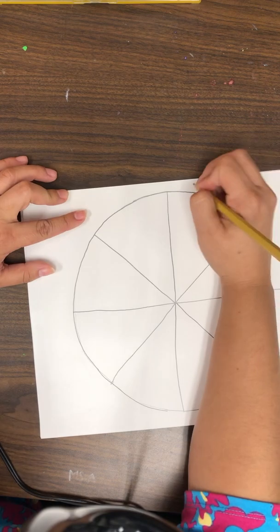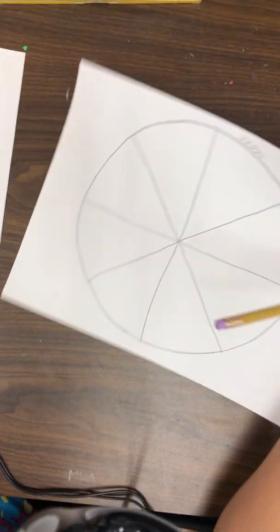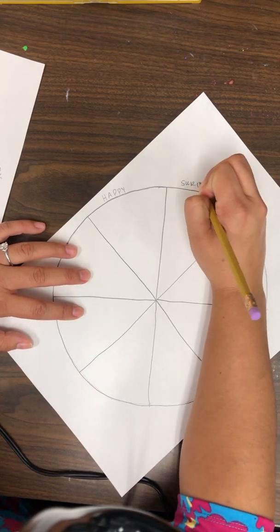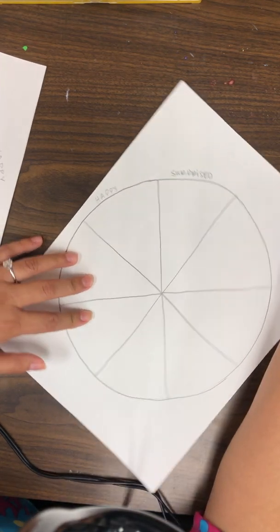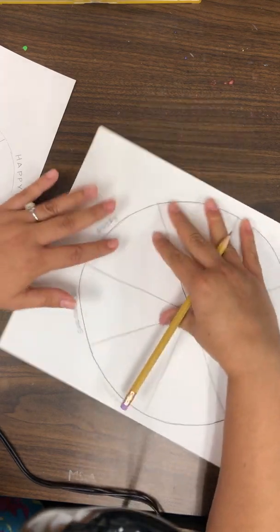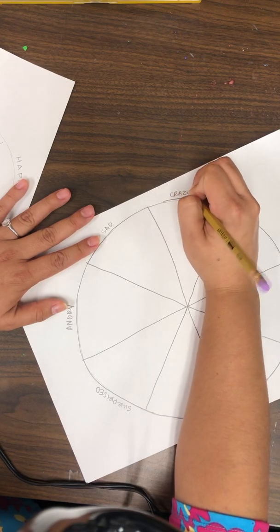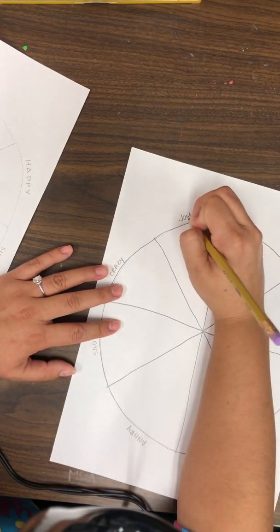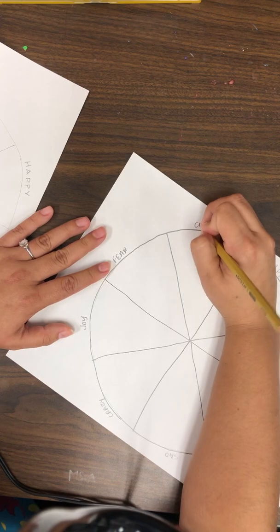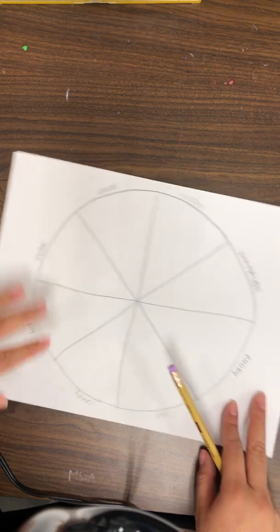So I'm going to start off here with an easy one. It's going to be happy. Let's see what I had written over here. This way I can continue on. The next one I did was surprise. Surprised. I did angry. I have a feeling I know what everybody's going to do for angry. Sad. Crazy. Joy. Fear. We all have a fear of some sort. And calm. Okay. So I've got my 8 emotions here,